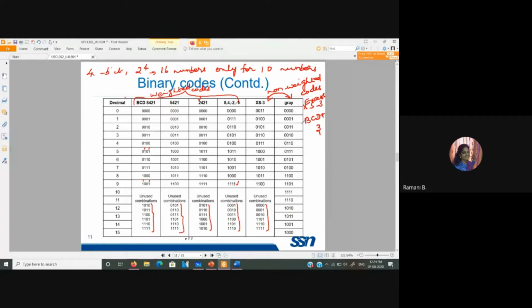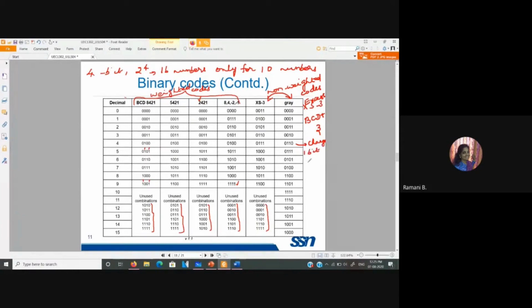Next, coming to this gray code, as I said, this is also non-weighted. However, the way it is written is that the gray code always changes one bit value at a time.